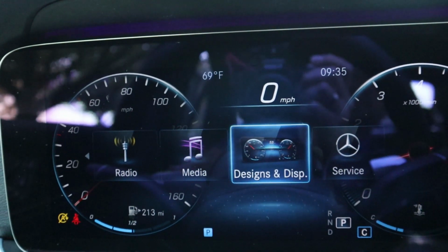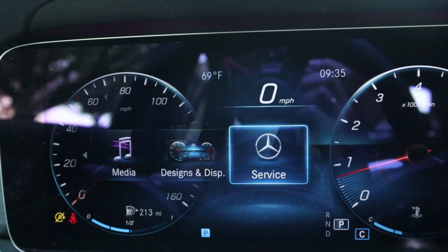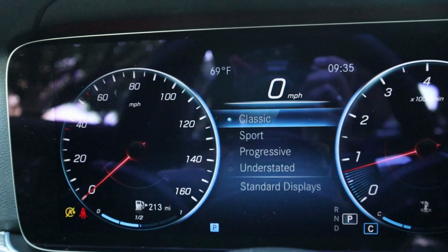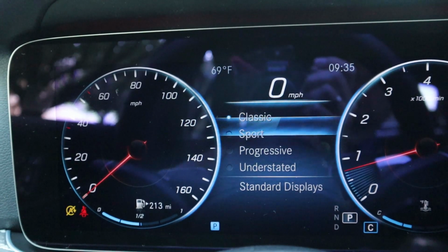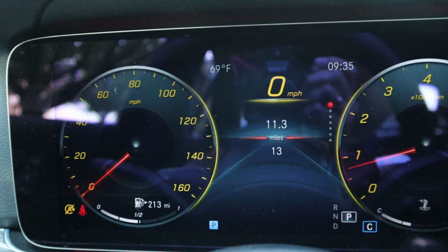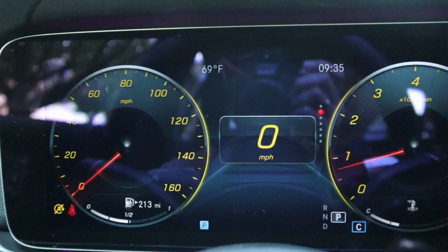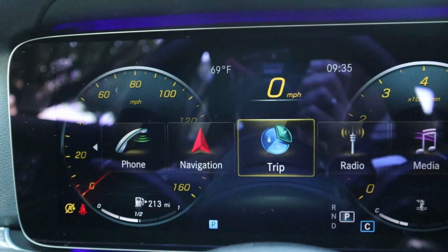Media, designs, and display. We're not going to go through all of that because that would be a lot, and I've already covered that in some of my other videos. But this is where you can customize your dashboard. Now we were in classic, sport. You know, looks like it's changing. See the different colors on the dials, a little bit of yellow, a little bit of red. Okay, you can change that as well